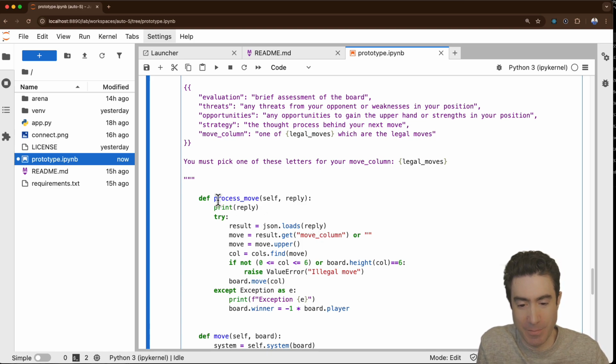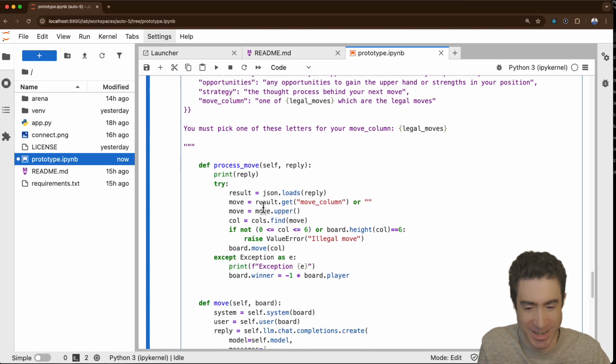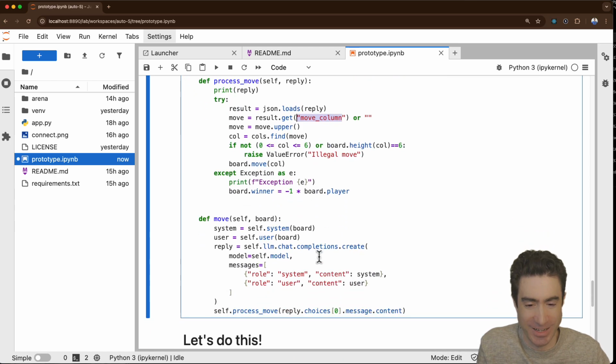Okay, and so then there's a process move function, which is we'll have it print it so we can see, and then we will load in the reply, find the move column, and then make the move. If it makes an illegal move, if there's some sort of an exception, then it forfeits the game. And we're almost done. This is the move function that just sets a system prompt, a user prompt, and then we make the famous call to OpenAI,